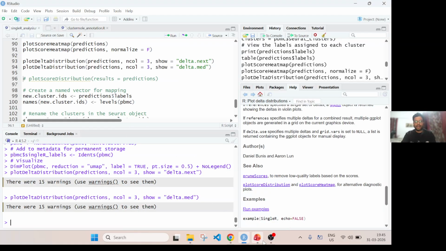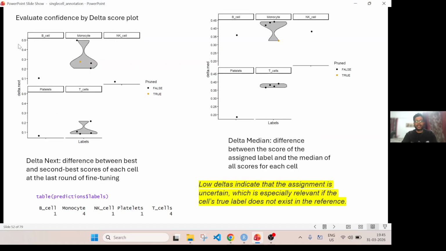But I think if we go with this fine tuning, right, so currently this is the B cell, only the broad category. But if you go with the fine grain, we might get a higher confidence score. Okay,